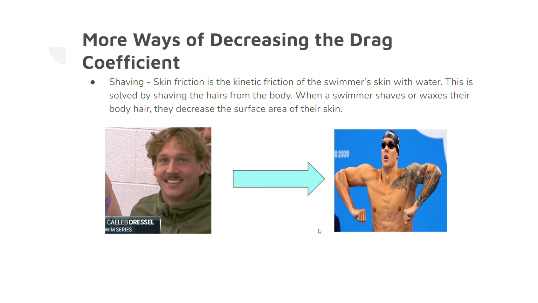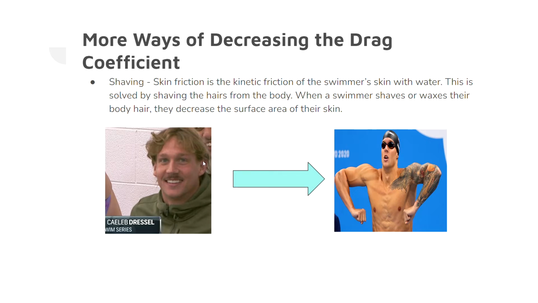So, more ways of decreasing the drag coefficient. Shaving. So, swimmers shave before the competitions. Skin friction is a kinetic friction of the swimmer's skin with the water, and this is solved by shaving the hairs from the body. And a swimmer can either shave or wax their body hair, and that decreases the surface area of their skin. And I don't know if anyone waxes, that's not common, but this is Caleb Dressel,